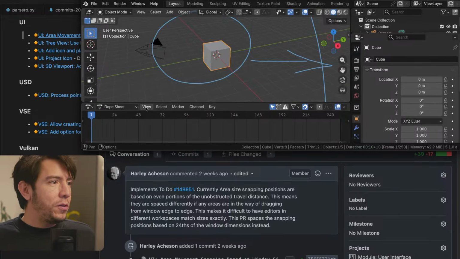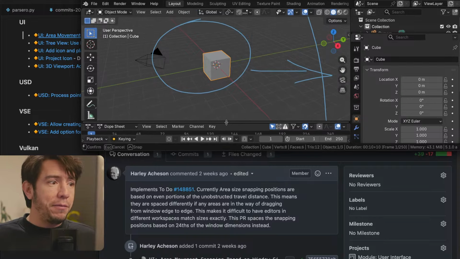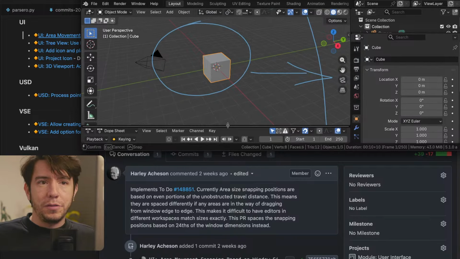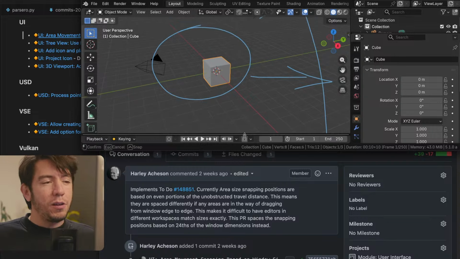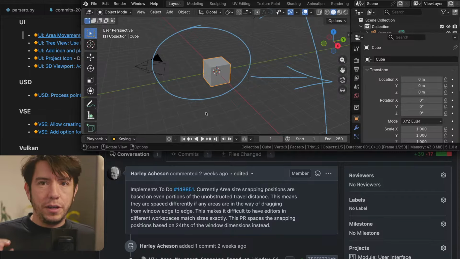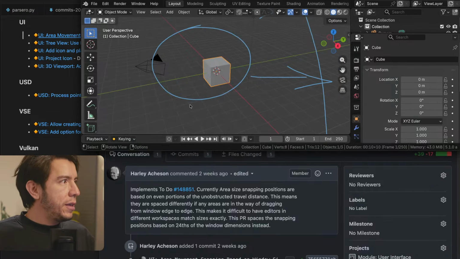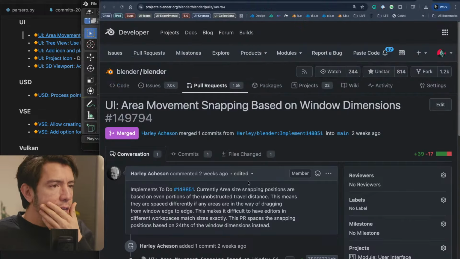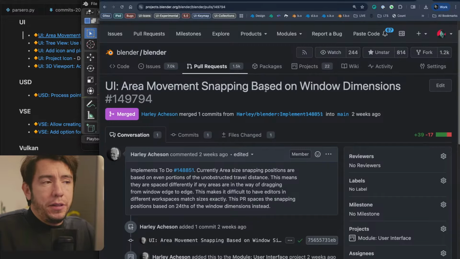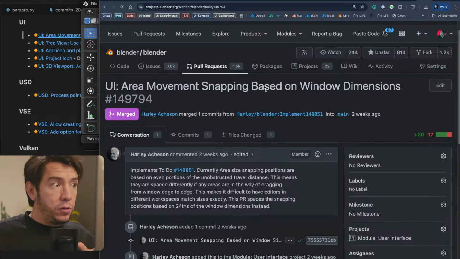It will also snap to the playback controls, so you can snap it to have exactly this, or if you remove the header, this already does it, that you can snap to only the playback controls. Small quality of life improvements. Anyway, the area snapping is now absolute for the window, not relative to the editor size anymore.